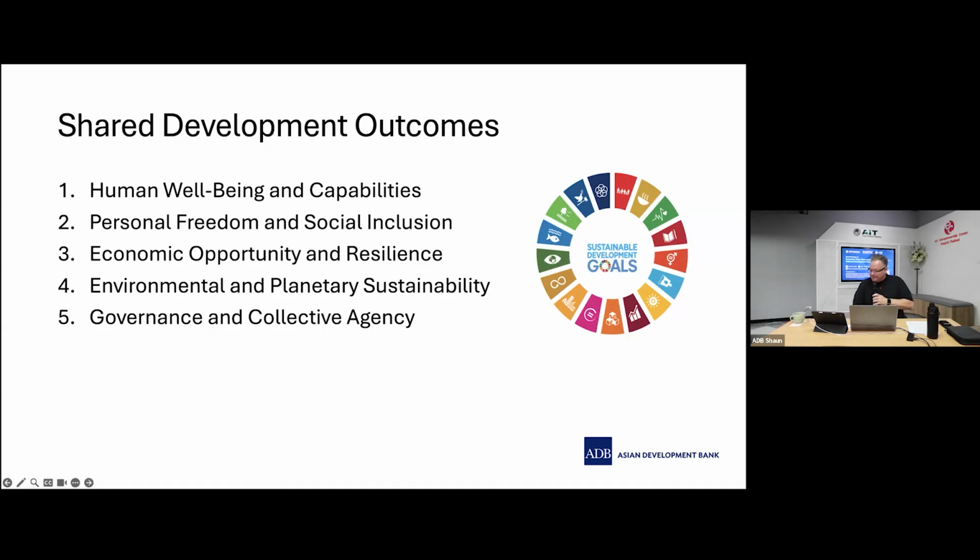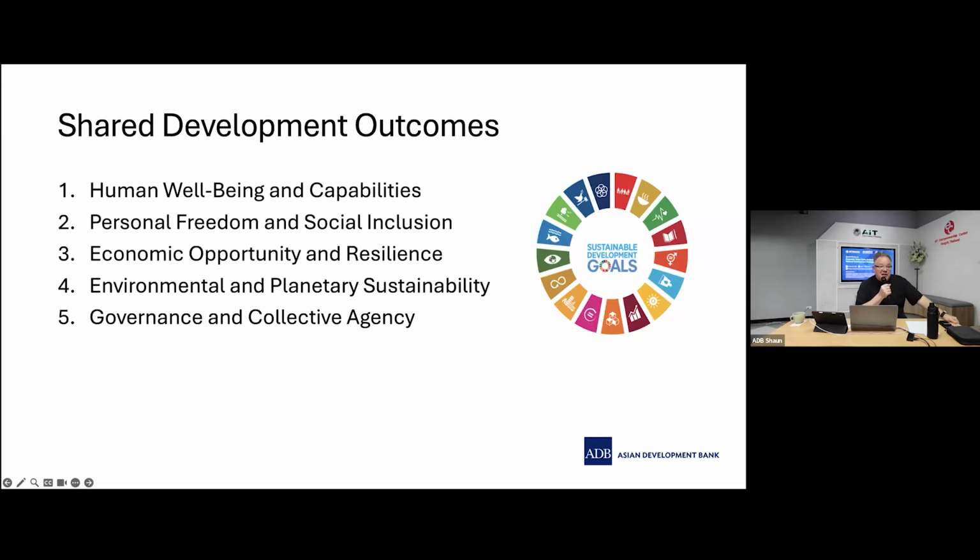and capabilities as well. And these ideas refer to things like our health and our well-being and our capabilities, access to education and skills training and development and the kinds of things that help us to sustain our lives. Then personal freedom and social inclusion, our ability to have some determination over the system of government that we have and the way that we can live our lives, economic opportunity and resilience,